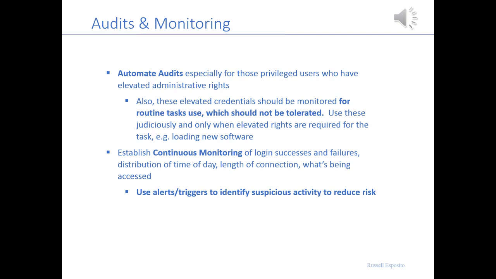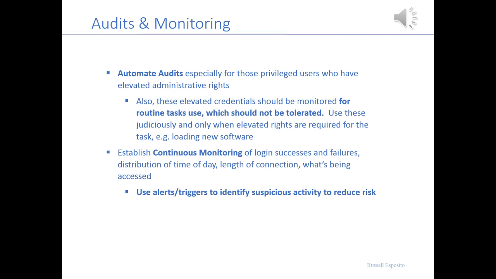So for continuous monitoring, an example in the second large bullet here is failed logins, monitoring if there is some attempt for someone, either locally or remotely, trying to access systems they're not really supposed to be accessing, or they may be hackers. Look at the time of day, the length of the connection, what's been accessed. Is it unusual to have a connection for a file transfer that's longer than typical? Maybe this particular logon is for half an hour a day or for 2 or 3 hours, but then an audit shows it's online for 10 hours. So there are different things you can look at, and there are alerts that can be